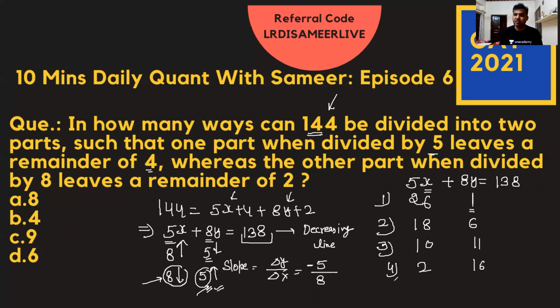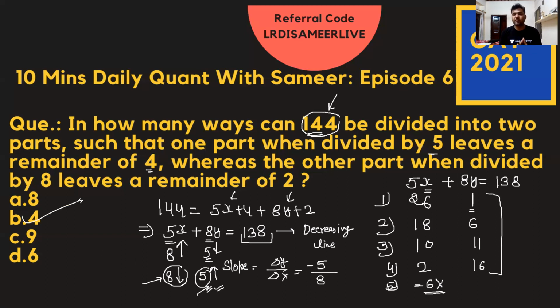Now if I decrease x further by 8, I'll get a negative value of 6. That is not possible because the quotient has to be a non-negative integral value. So you see that there are four possible quotients of x and y. So that means 144 can be divided in 4 such ways, right? These are the 4 ways. So there are 4 ways